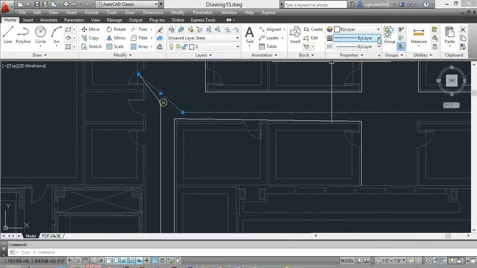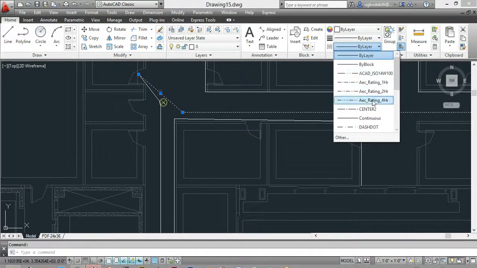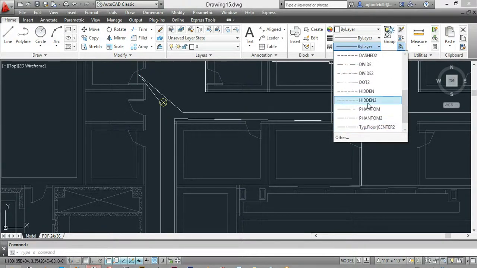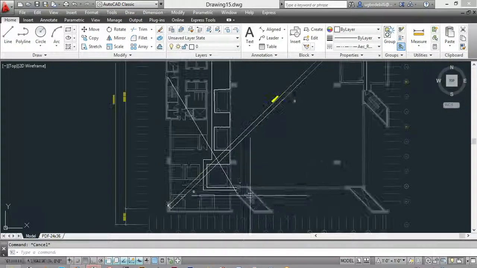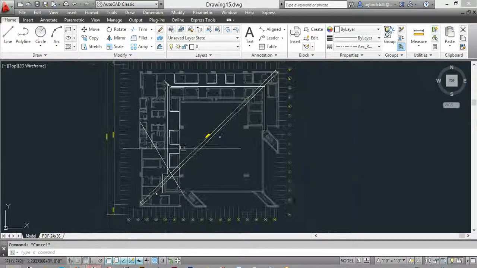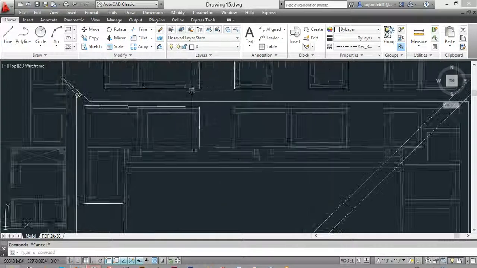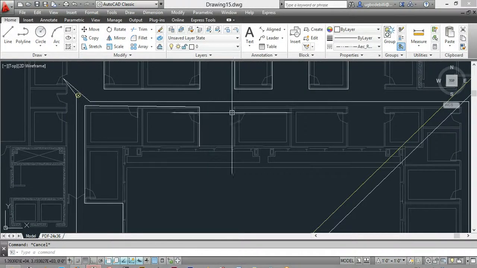So you'd again go to your line type and make it hidden or a center line, just a dashed line that's different from your hour rating and different from your dimension lines, of course. So I think that is pretty much what you need to know regarding the CAD part